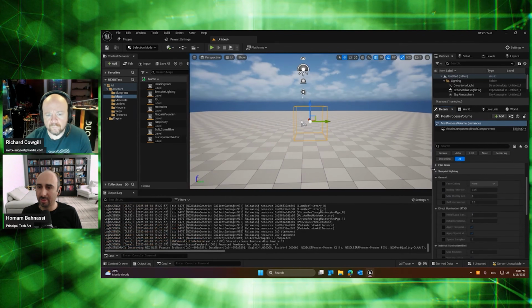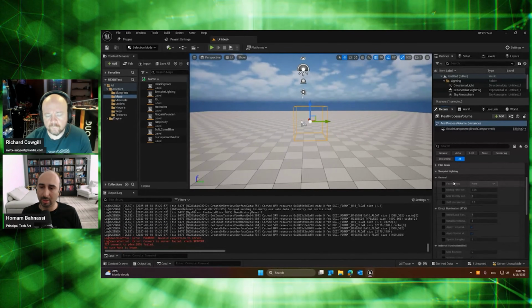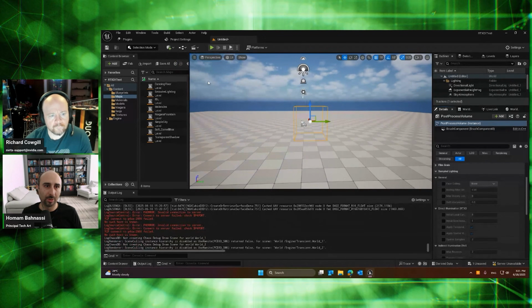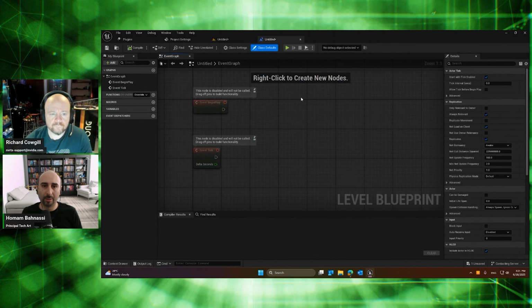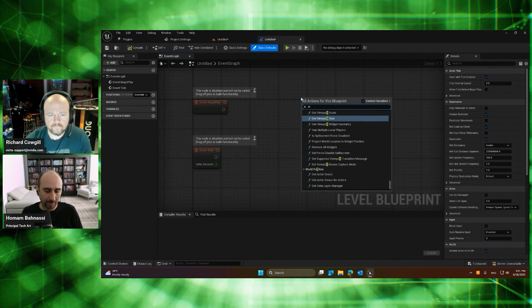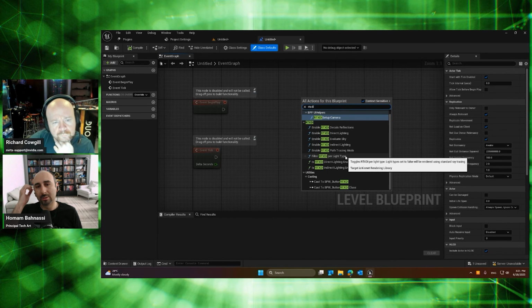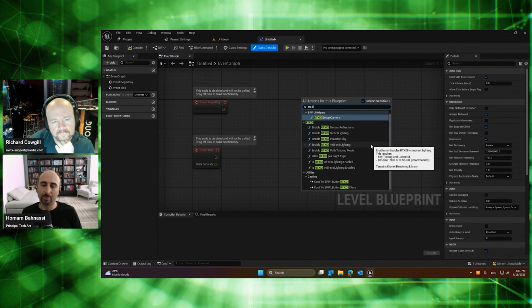What we did for 5.6 is, on top of this, we added a blueprint library for controlling a lot of those important settings through blueprints. So if we open any blueprint for the level, for example, here, and right-click, search for RTXDI, we will see we have a new section and a couple of blueprint nodes that allow you to control most of the important RTXDI settings that usually developers need when they expose those settings